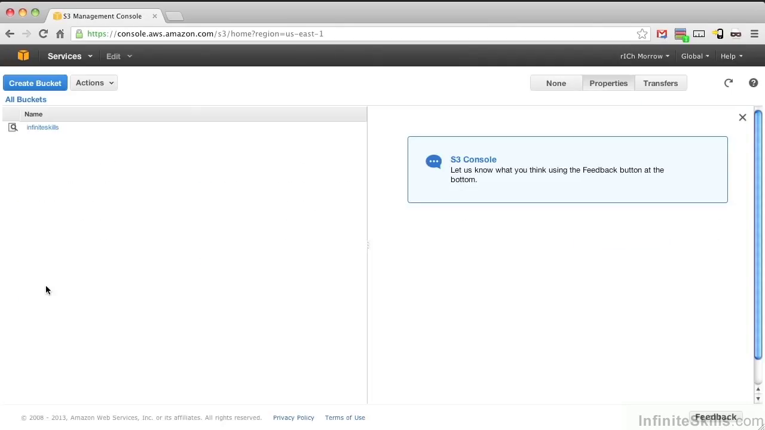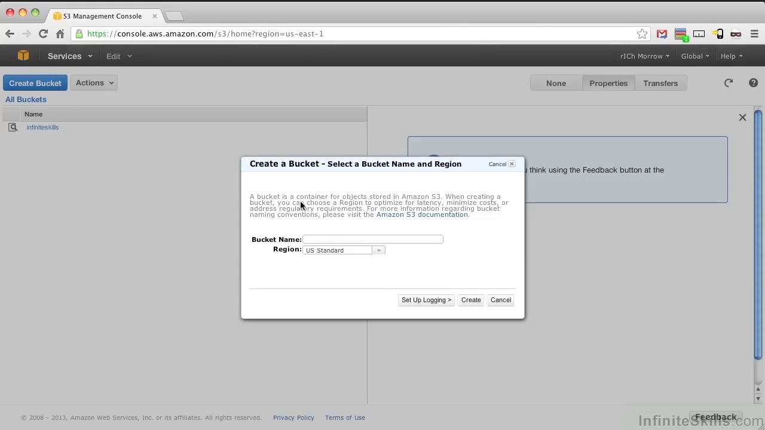If this is your first time getting into S3, you won't see any buckets at all. Here you can see that I've created a bucket called Infinite Skills for the course. Let's actually go ahead and create a bucket, which is going to be a storage container for our objects. Again, bucket names are globally unique, so let's choose one that's probably not taken yet. I'm going to type my first name hyphen infinite skills, all one word, and leave it in the US standard